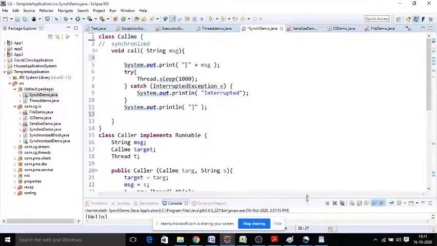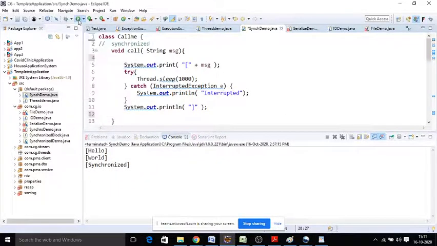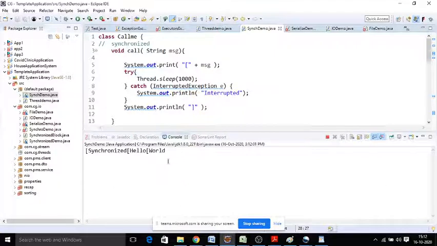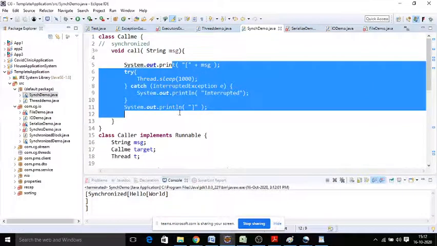What happened? We will not get the exact output. So first is started, before first is closed, the second gets started, and before second is closed, third gets started, and finally first is closed, second is closed, third is closed. Means we are missing the synchronization between the executions of your call function. Then how do we achieve it?